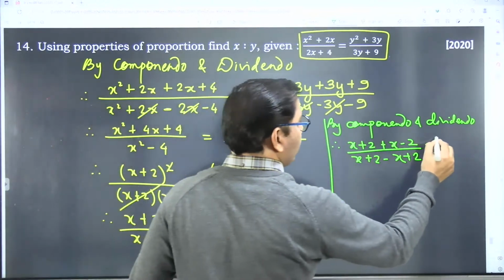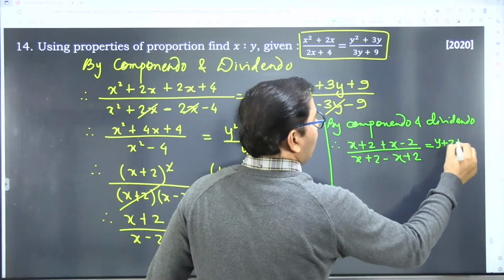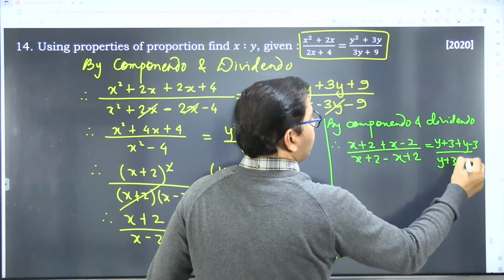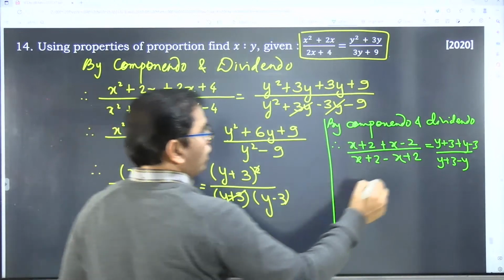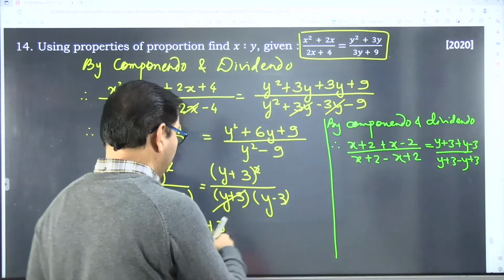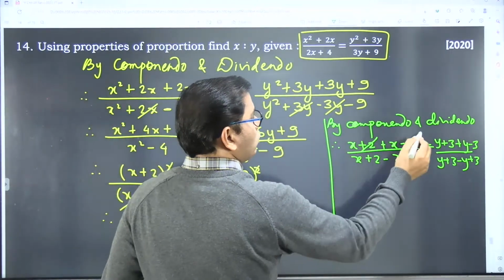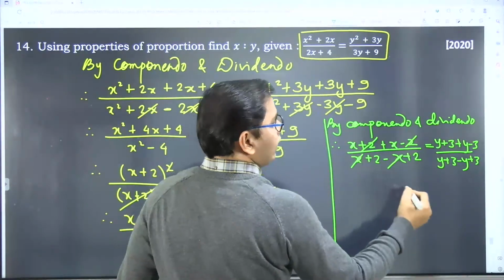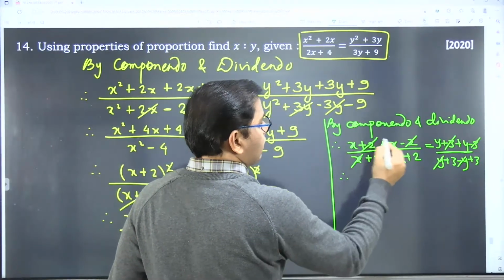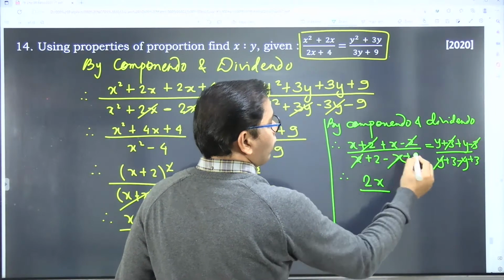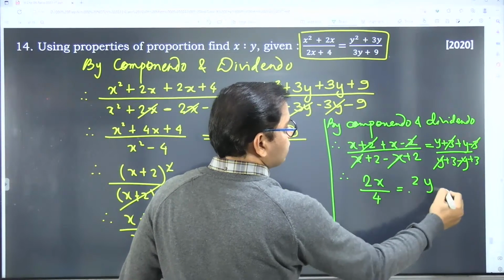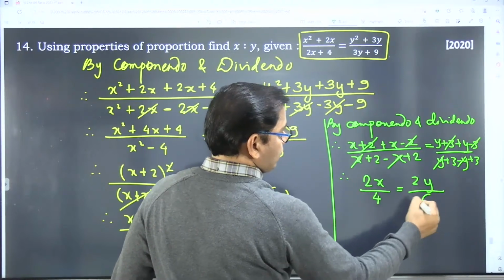राइट हैंड साइड ऑल्सो सेम, y plus 3 plus y minus 3 upon y plus 3 minus y and plus y minus y will become plus 3 will become minus 3 will become plus 3, right? So here 2 and 2 cancel, denominator में x and x cancel, here plus 3 minus 3 cancel, plus y minus y cancel, x plus x is 2x upon 2 plus 2 is 4, y plus y is 2y, 3 plus 3 is what, 6.